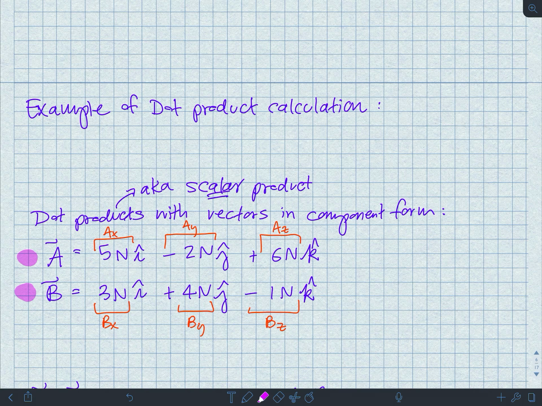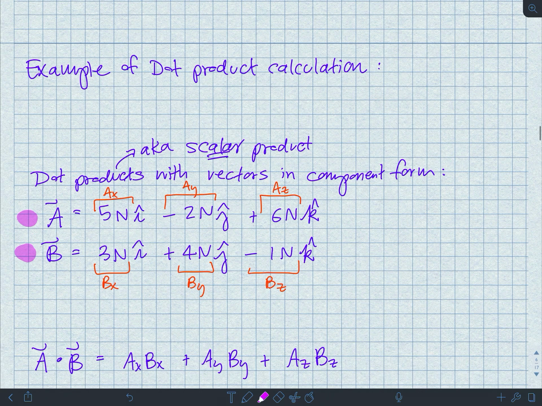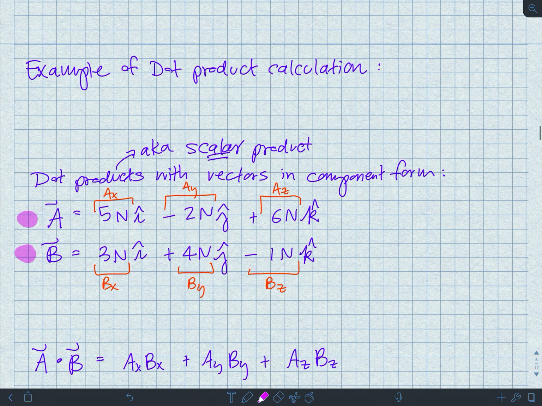coefficient to the i hat component, that's going to be a sub x, and then the next one is a sub y, a sub z. Just reminding you of that. Same thing with the B vector. Okay, so if these are the two vectors that I want to do a dot product of, here's the relationship